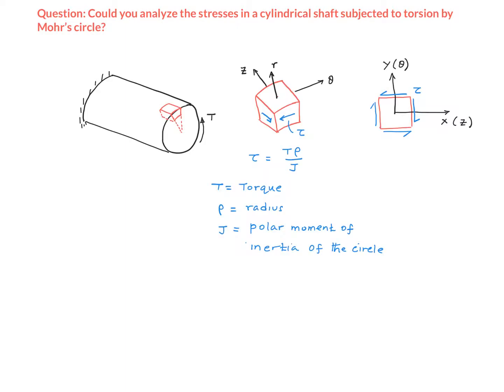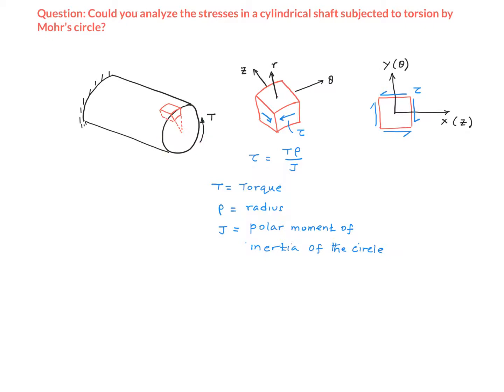The question is, could you analyze the stresses in a cylindrical shaft subjected to torsion by Mohr circle? Let's see what kind of stresses we have in the shaft when subjected to a torque T. So here's the cylindrical shaft fixed at this point, right, and subjected to a torque in the counterclockwise direction at